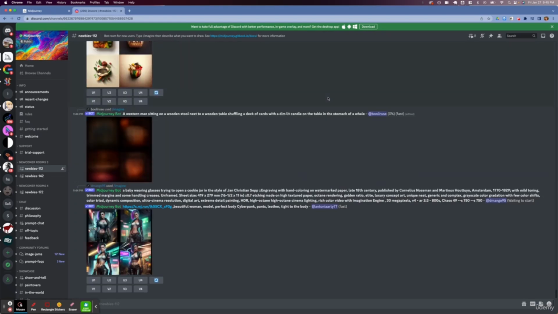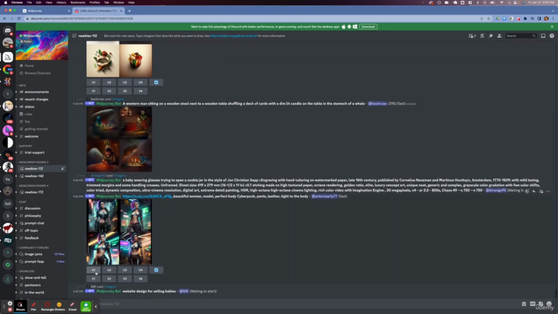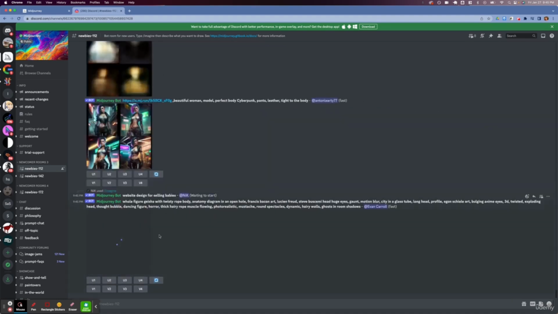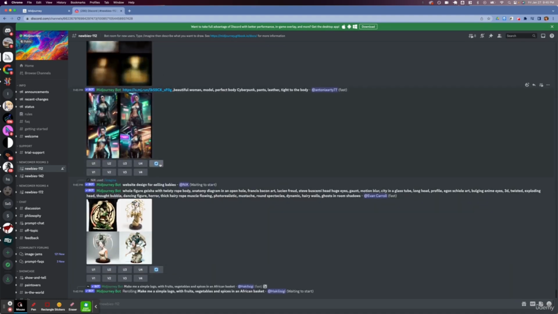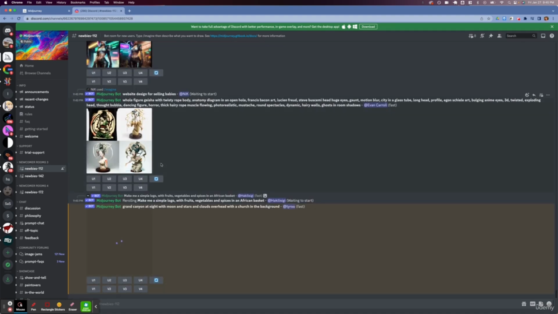But image generation is pretty fast. It only takes about 60 seconds to create one. And then once it's created, there are 4 buttons on the bottom. The U means upscale, the V means variation, and then the recycle is reload. This will create new images based on the prompt again if you don't like any of the